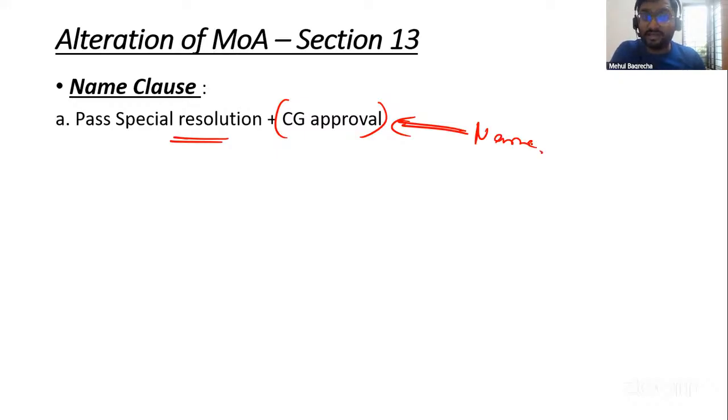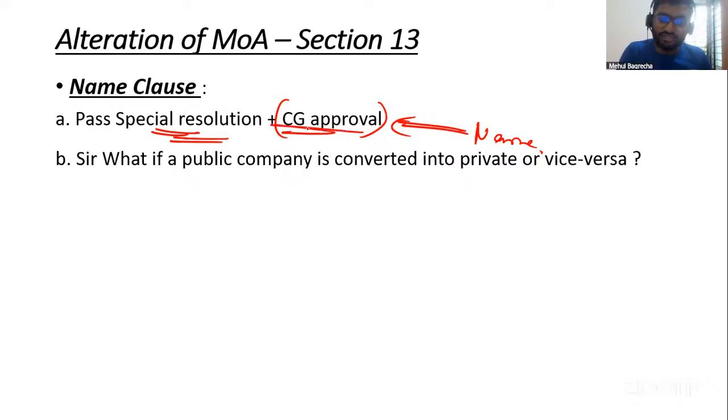Because think carefully, it's not about only changing the name. You might end up playing with companies together. Till yesterday, people were looking for Grofers. Suddenly, Grofers has become Blinkit. People don't even know that Blinkit is nothing but Grofers. And suppose you have to make payments to them, they will keep searching Grofers, which does not exist anymore. Are you with me, everyone? Understanding the point? All right. So therefore, law says whenever you want to go ahead and make any such alteration, I need a special resolution and central government approval is mandatory.